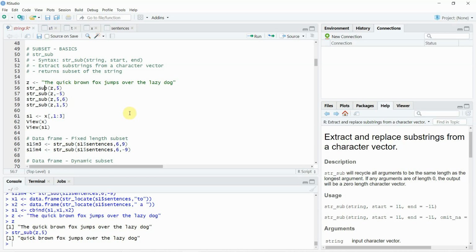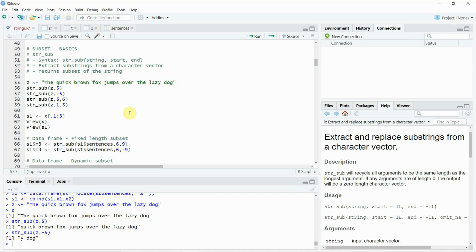So what has happened here? We see that the first four characters are missing, and the string that is returned is almost every part of the string, but it starts at position equal to 5 and returns the remaining part of the string. So that's what this line of code does. If you put str_sub and in parenthesis you mention a string followed by a number, it will start from that number and show you all the characters till the end of that string.